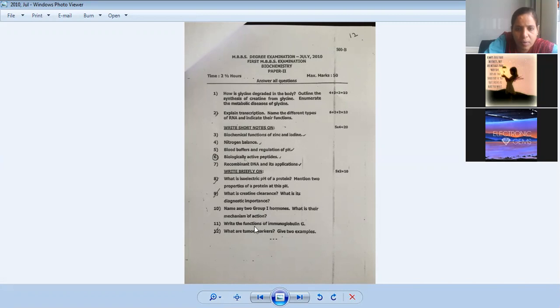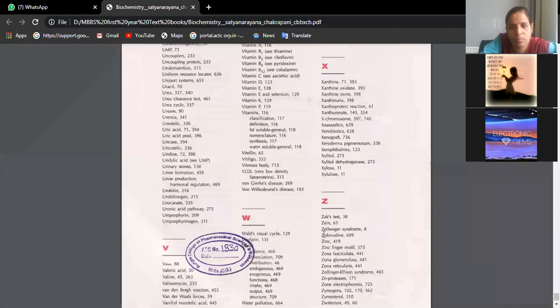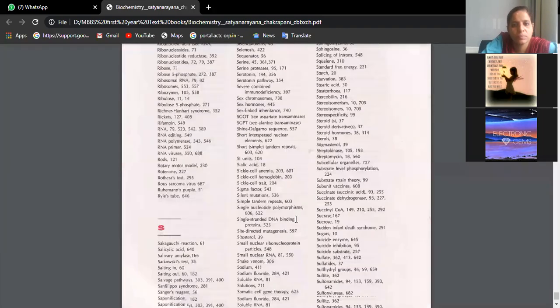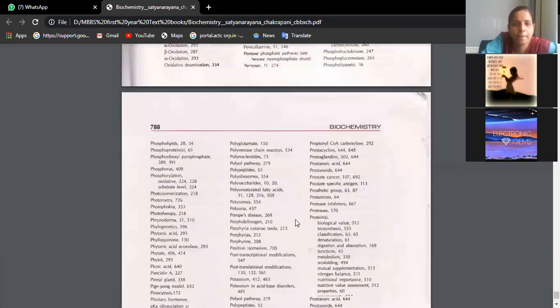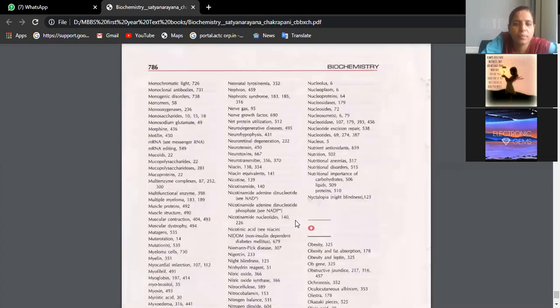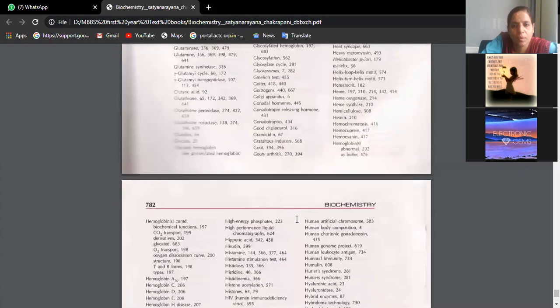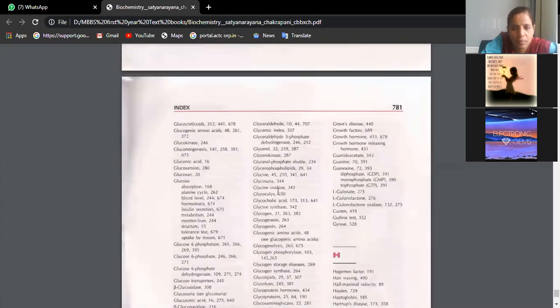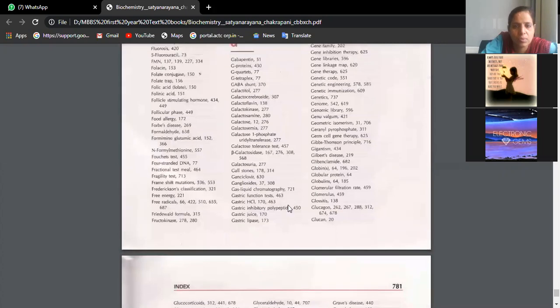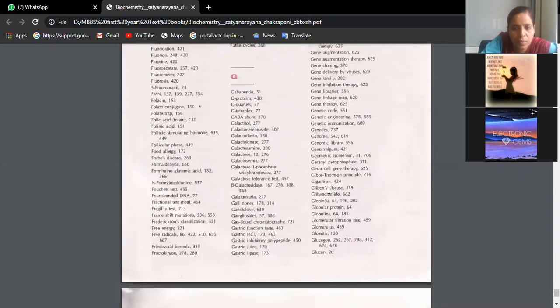Group 1 hormones I will tell you, and immunoglobulin. Immunoglobulin functions are quite easy, no? First I will tell you group 1 hormones. I'll give you one code also to remember.